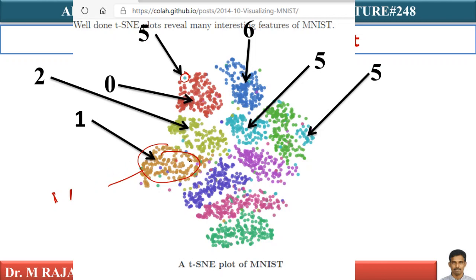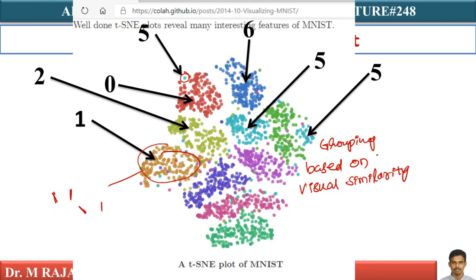You can find in this particular region, slanted ones are grouped together. Slanted one means just like this one. Straight one means this. Internally also, they are separated from each other, which means whatever visually looks similar is getting grouped based on visual similarity. Here we are grouping in t-SNE. We are grouping based on visual similarity,